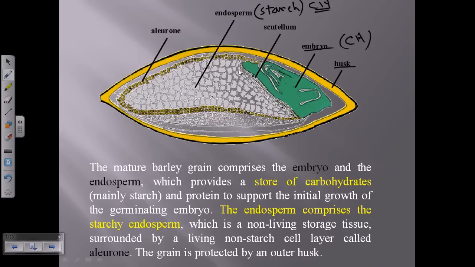And usually this is the starch layer, this whole endosperm layer is the starch layer, and surrounding this layer we have the aleurone. This is also a living layer, a kind of non-starch but living cell wall layer. Okay,